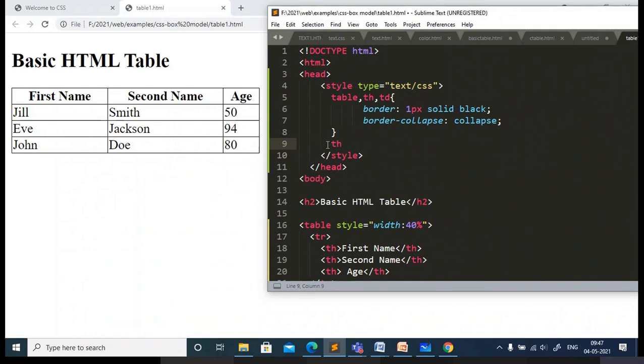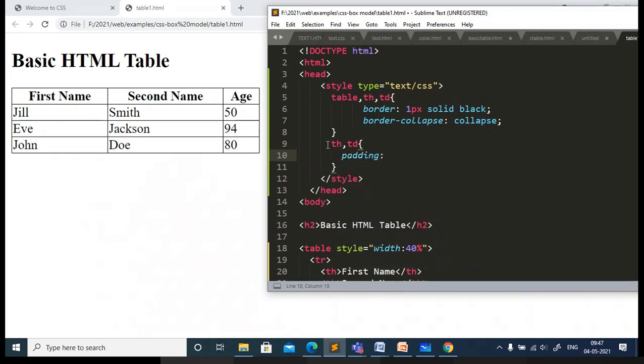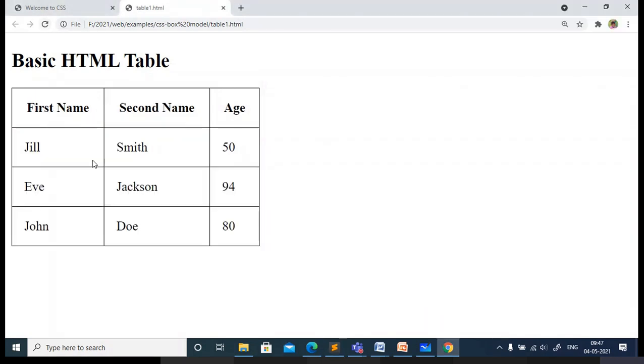Normally the content is in the th tag and also the td tag. Within this you write the padding, how much space you want to give between the border and the content. Now just see the changes. Can you see the space between the border and the content has increased?